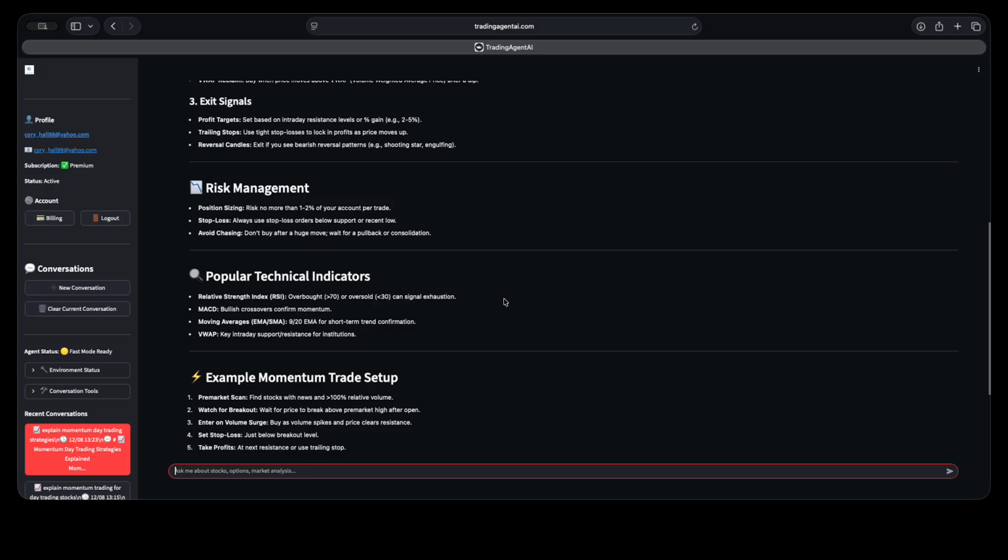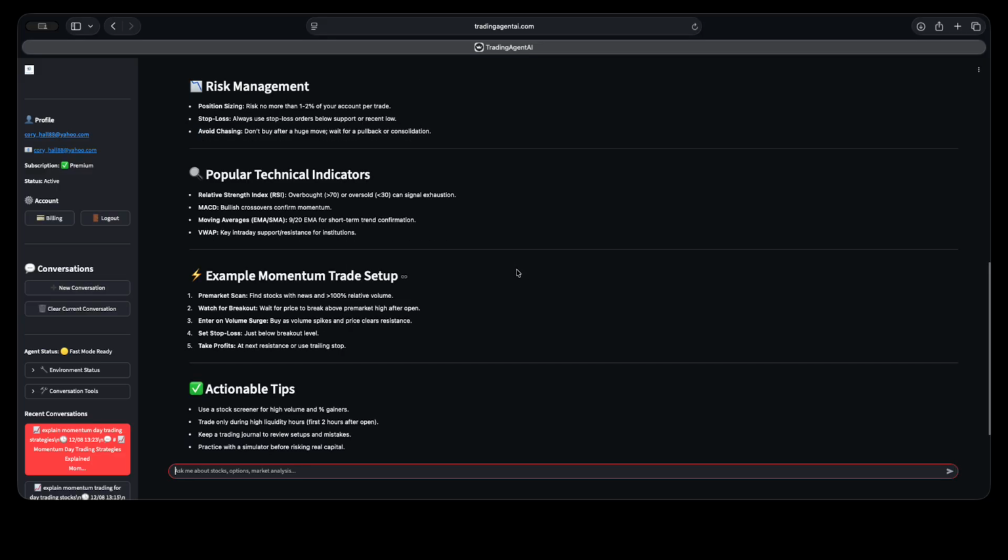Stop loss. So always use stop loss orders below support or a recent low, and avoid chasing. Don't buy after a huge move. Wait for a pullback or a consolidation. And the reason for that is that'll give you an opportunity to see: is this trend going to continue, or has it been exhausted? And so some popular technical indicators that people use when they are momentum trading